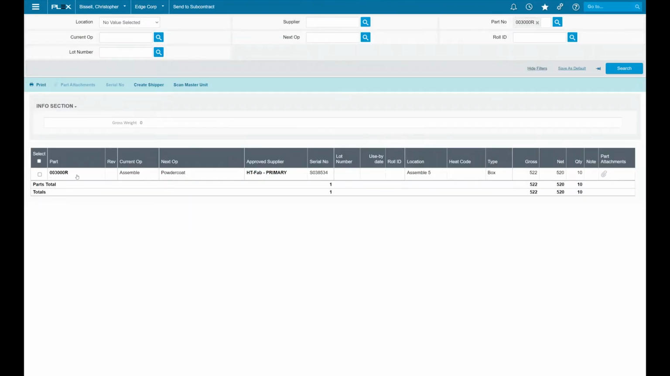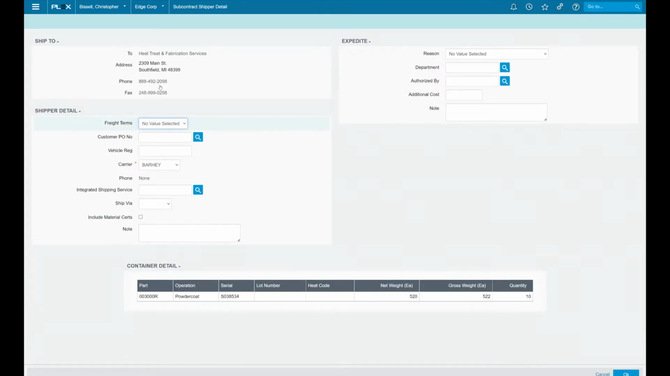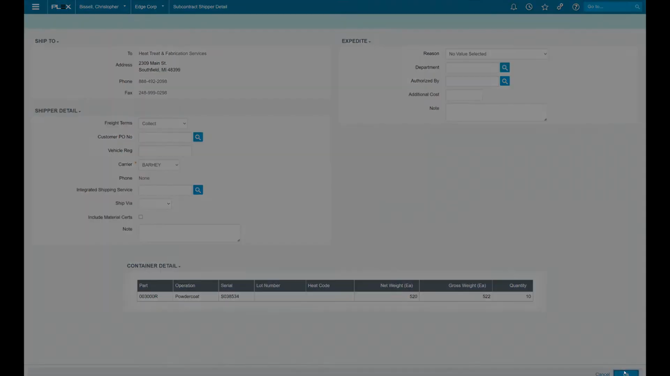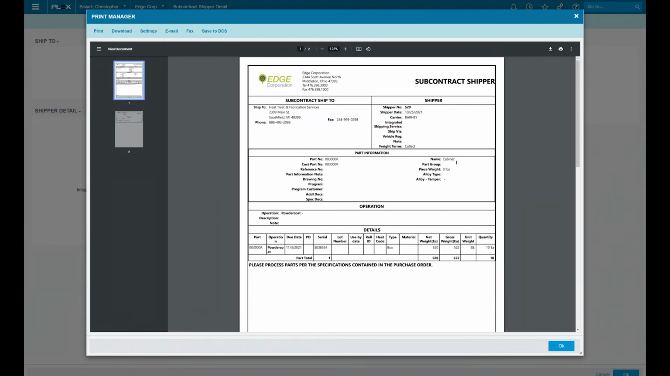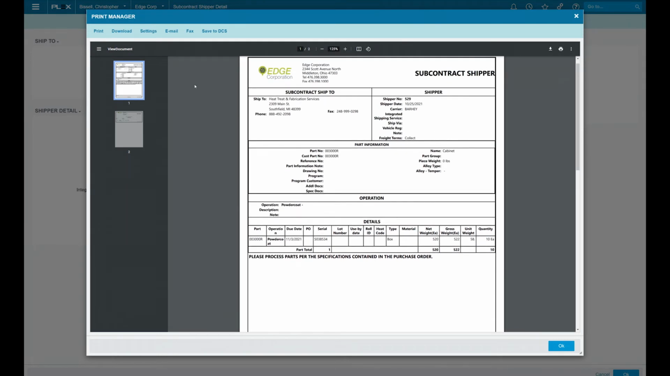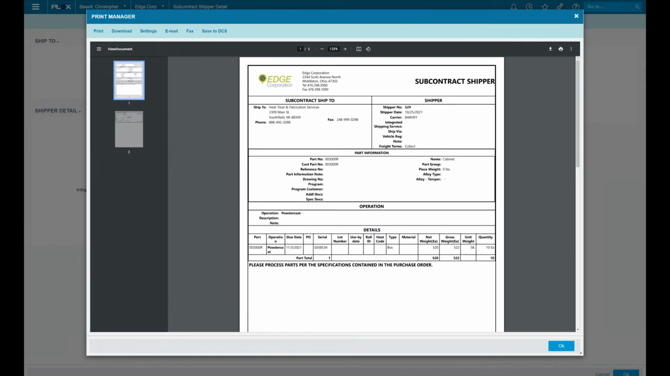So you can see here we have our product that we're sending out for fabrication. We're just gonna go ahead and select that unique serialized number, create a shipper, and then ship this product out to that supplier. What this is providing is visibility that the material has actually been sent out, and it's gonna update that for us within Plex. You can see here in real time, we're generating a subcontract shipper that's providing the documentation that this material has